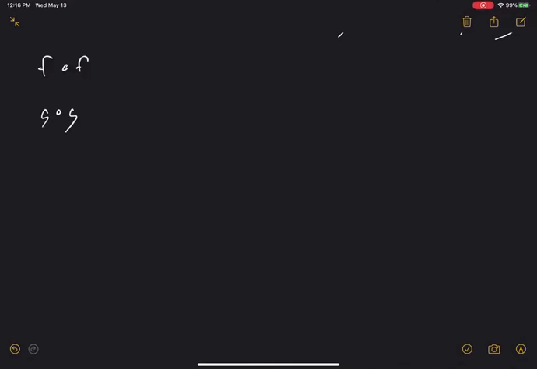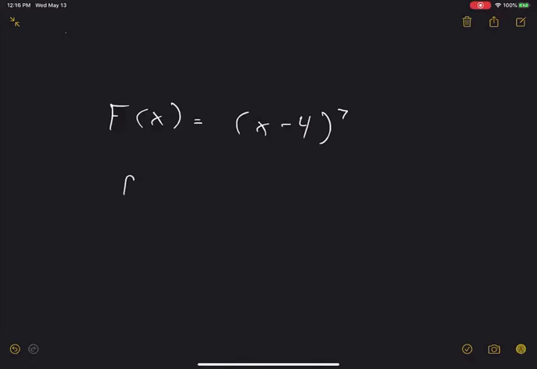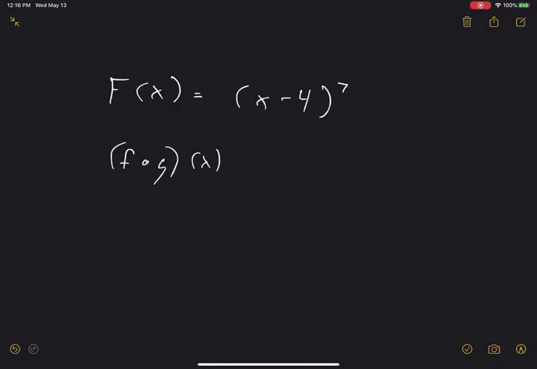Number 2. So now we're given a function and we're trying to figure out what it's the composition of. Okay, so we're given this capital F of x equals x minus 4 to the power 7. Okay, so what is this the composition of? I'm trying to write this like little f of g of x. Okay, so what's my f, what's my g? Think about the nested functions we've been using in